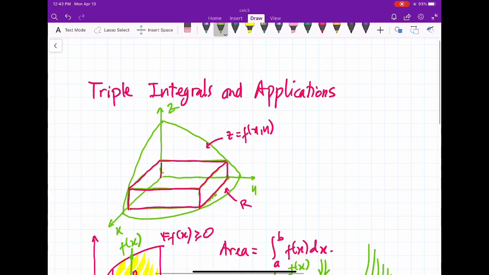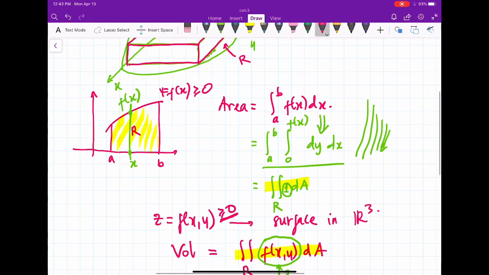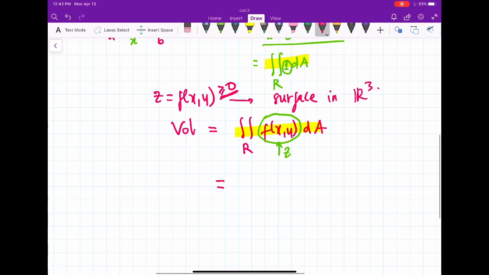This is the picture, right? This is z. If you consider some point in here, there should be x, y, and z. Agree? So I may find the volume of this solid region by the following formula. That may be a triple integral,